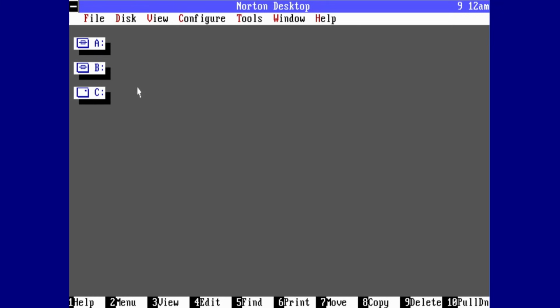So how do you navigate your files on Norton Desktop? Well, earlier I used the DOS command prompt to navigate myself to the Norton Desktop folder. Let's do that in Norton Desktop. Now, what I can do is double click on my hard drive. How do I know it's a hard drive? Well, we have little icons. The floppy A and B drives look like old school floppy drives, so I know that that's what they are, whereas a hard disk is a box with what looks like a light on it. So we're going to double click on that,